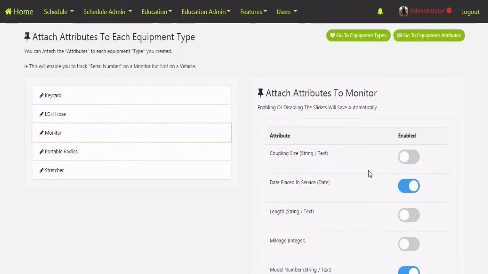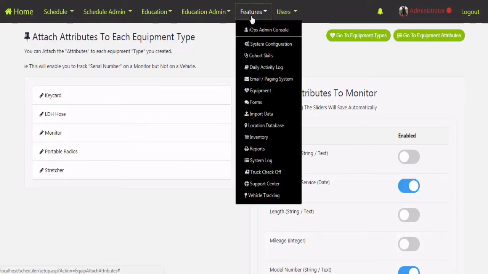After you get some equipment inside the system, you'll probably realize that you missed a couple attributes or different pieces of equipment that you wanted to track, so you can always go back and change these whenever you want. It won't hurt anything changing from one equipment type to another, or turning different attributes on or off on the fly. So once we've got the configuration set up, we're going to go to